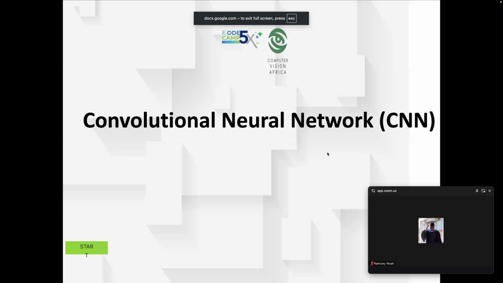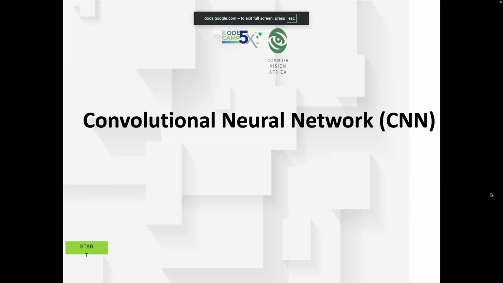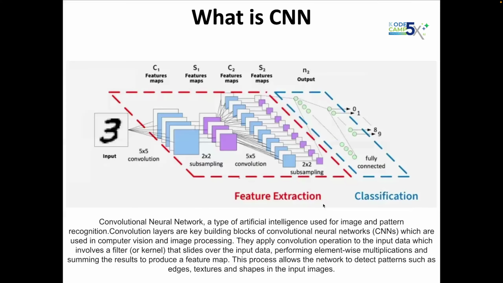Anyways, we have to do a basic introduction to neural networks to understand things before we get in here. So, what are convolutional neural networks? A convolutional neural network is a type of AI that is used for image recognition. This is where we do things like image processing. We apply convolutional operations,